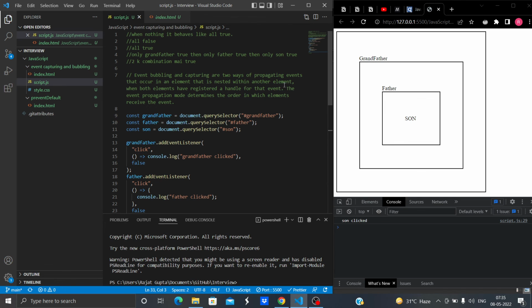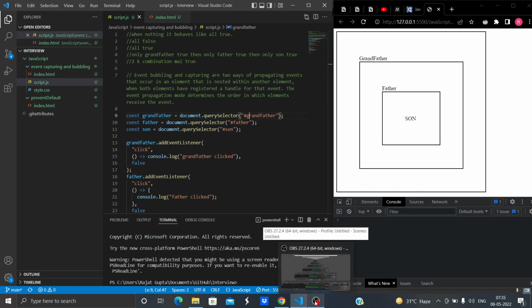The event propagation mode determines the order in which the elements receive the event. I hope you guys understood event propagation.